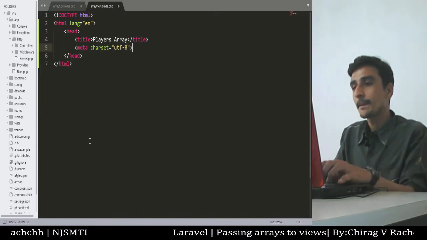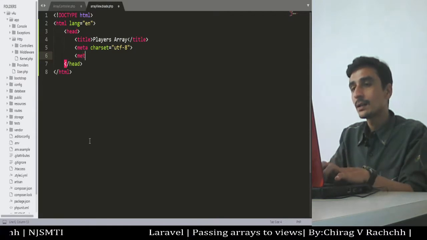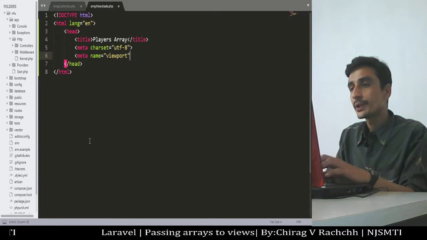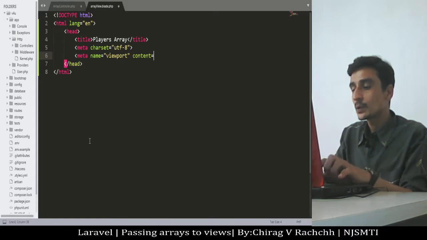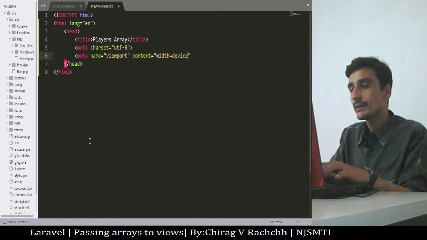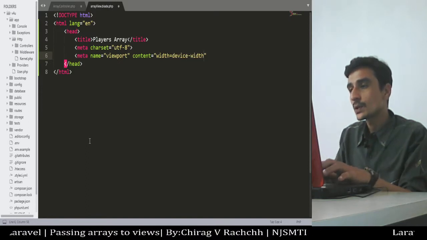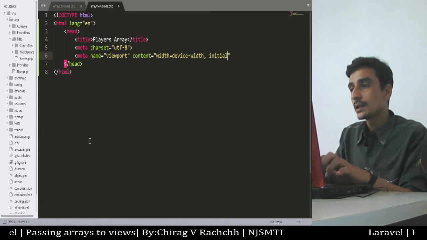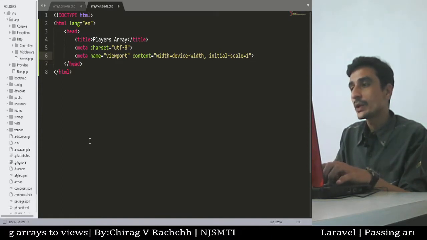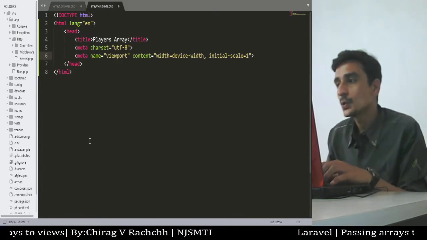Then another meta, name equal to viewport, then content is equal to width equal to device width, to make the page responsive. Initial scale will be 1.